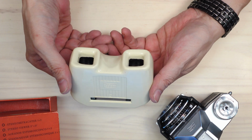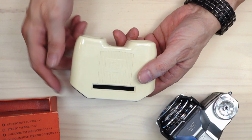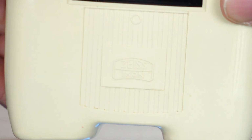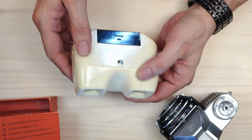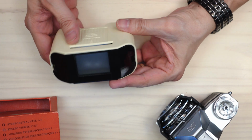If you're a Zeiss Ikon collector, of course, this one's a bit nicer simply because of the fact that it's branded Zeiss Ikon. There you are. Might be a little bit difficult to see, but it is. I don't think it's made of Bakelite, or maybe it is made of Bakelite. In any case, I have tried to sort of keep this